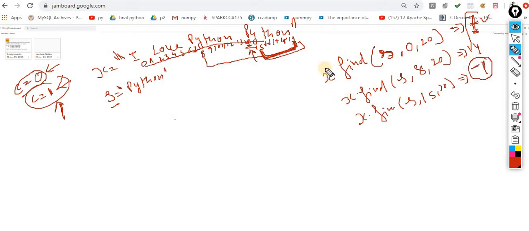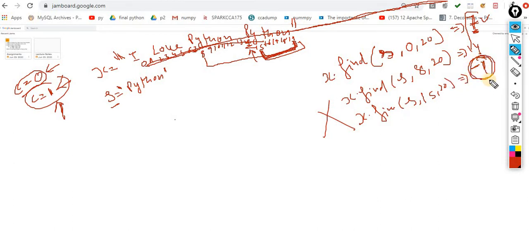what is the meaning of that? Now we have to stop the iterations. We have to stop the iteration, because I don't know how many strings there are, what the length of this string is. When I don't know the length of the string, I have to keep the process going, but at some point you have to break the loop. I will break my loop when my find returns -1.